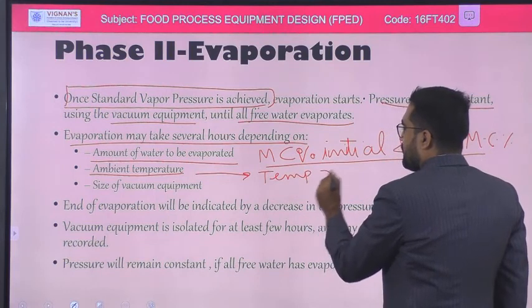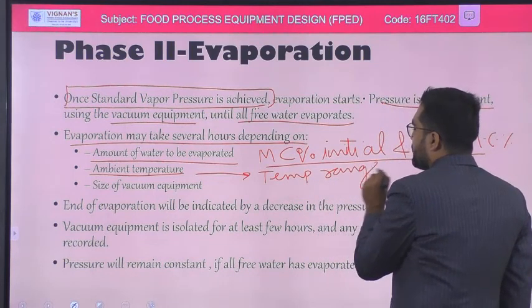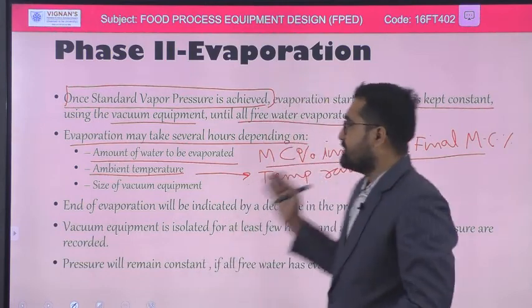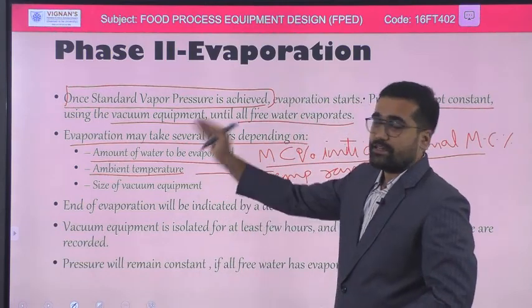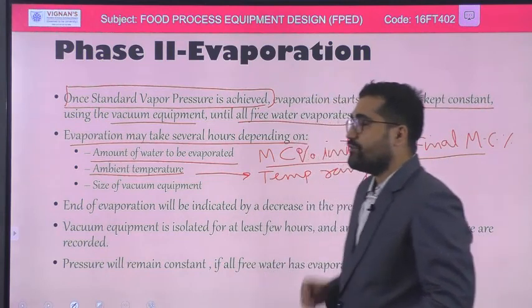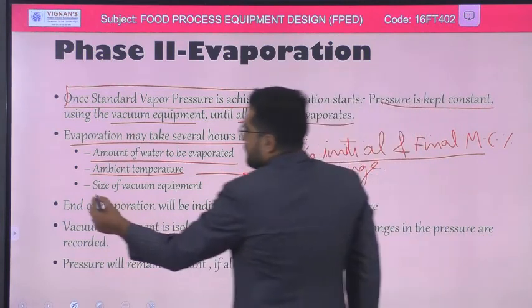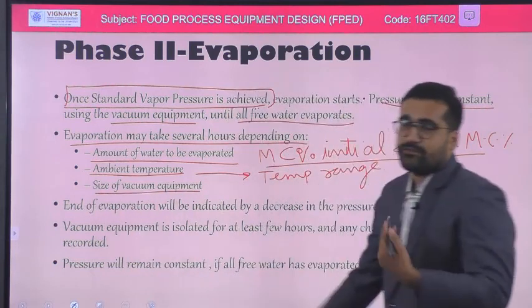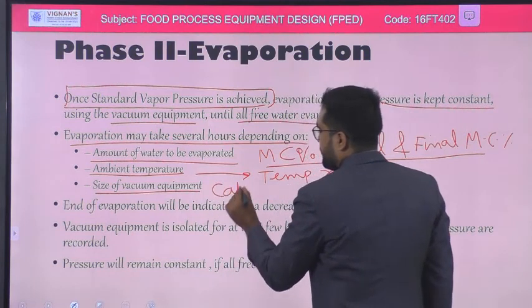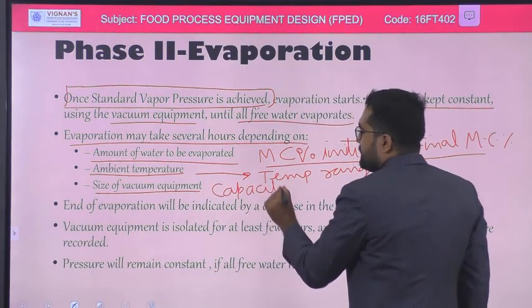Okay, what are the temperature range, what is the product quality, and what are the product constraints, and which temperature we are dealing with, that depends on the drying time or evaporation time. Next is the size of vacuum equipment. How big or small our equipment is, how much capacity our equipment has. Capacity. Okay,